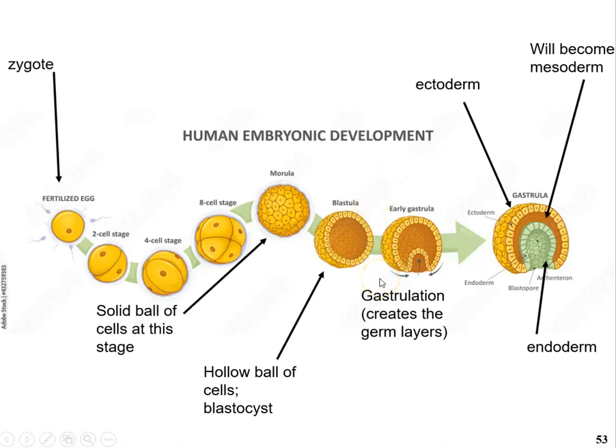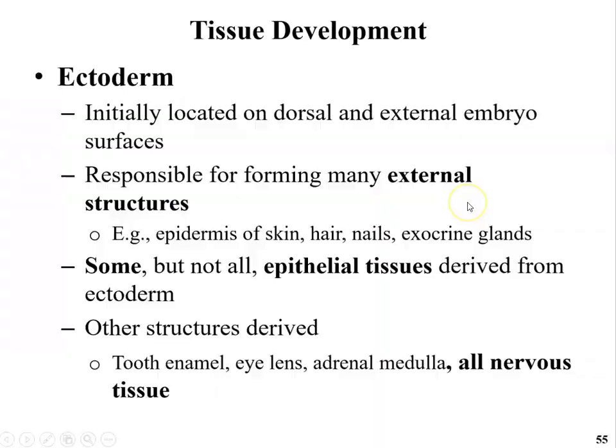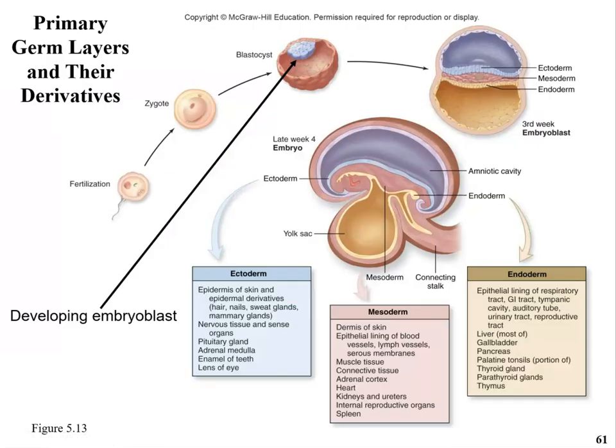The blastocyst begins to invaginate, and this is called gastrulation, and this is what's going to create the germ layers. And this continues until you've got what's termed a gastrula. And you'll see this region here is going to become the endoderm. This region outside is going to be the ectoderm, and the middle region is going to become the mesoderm. And when all of those germ layers form, like right here,